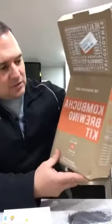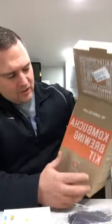What it is, basically, is a tea with a living culture in it. And you can add different flavors and different varieties. But I purchased a kit, and for the sake of being easy, I got this on Amazon. It's a kombucha brewing kit, and it basically has everything you need. It has the tea, the sugar for the culture, the actual culture, and the vessel, which is back there with water in it, right here,